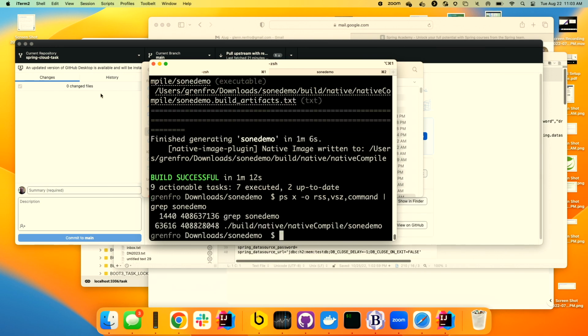What was the original number? Was it 5? It's down to 65. So when it's time for you to look at maybe reducing the size of your apps, being able to get more compute resource or more apps on a compute resource, native compilation may be a solution for you.